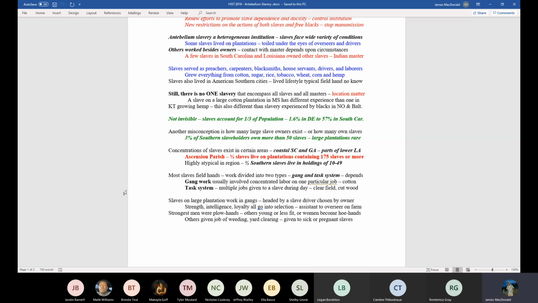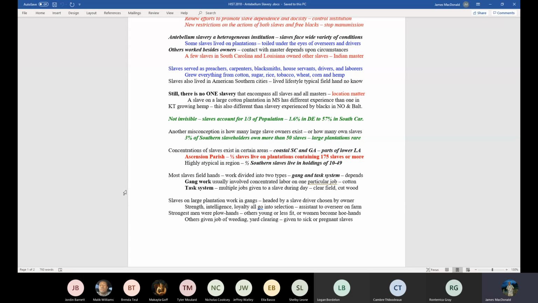Where you did see them, there could be high concentrations. We saw the map: coastal South Carolina, areas of Georgia, lower parts of Louisiana. Remember from that map I showed you, the Mississippi on both sides of it. They used to call that from Natchez, Mississippi to New Orleans, Millionaire's Row. And that was in 1840 or 50 money, millionaires. What it would convert to now, probably tens of millions easily.